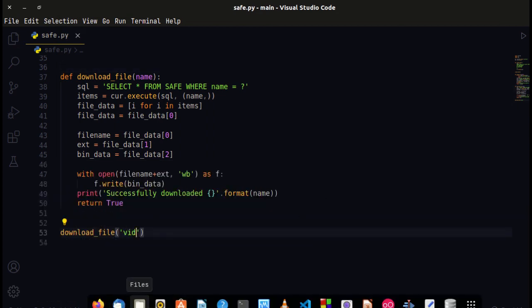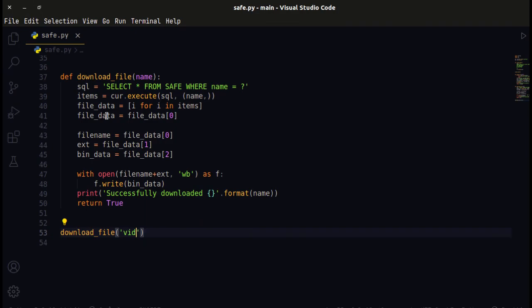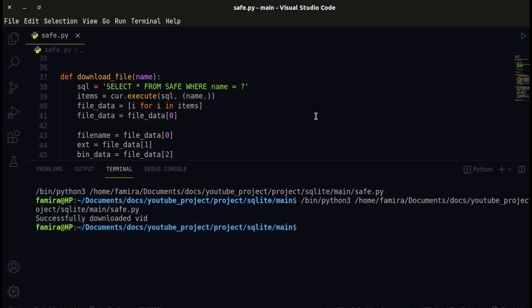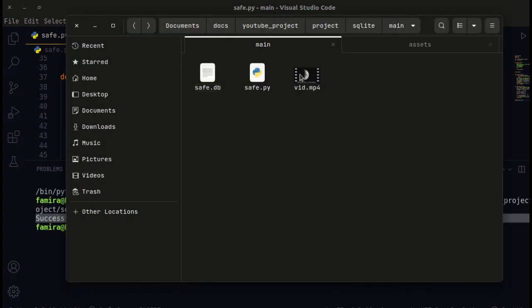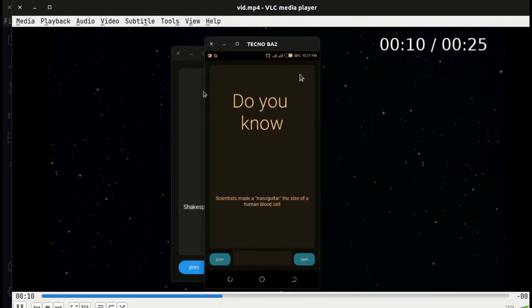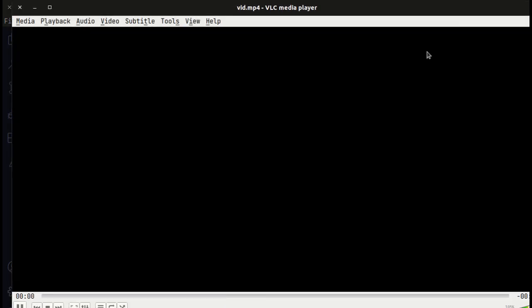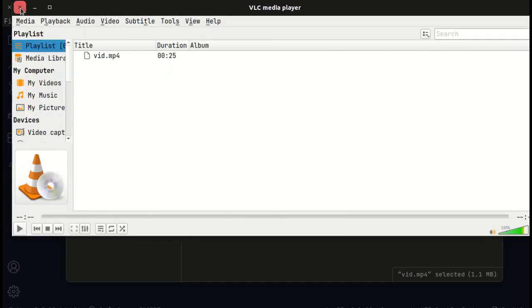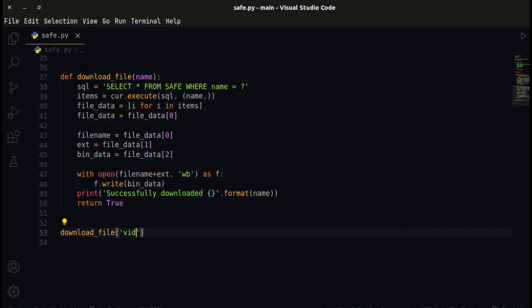So the video from our database, and the name is vid, so we use vid. You can see successful download vid. And now let's check our file path, and we can see vid.mp4, and that's exactly the same video as the video that we uploaded. Wow, that's great, and this is working fine. So let's just get rid of it as well, and now we can move to the next thing, which is deleting